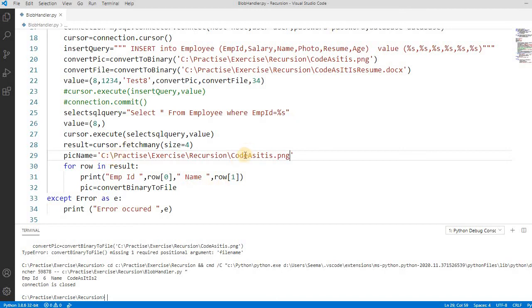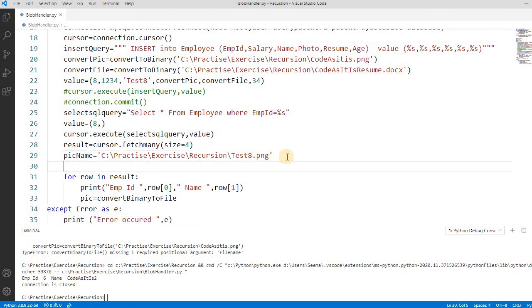Let's change the name, test 8.png, and then you can say something like resume name. Let's copy this, and we have to say something like test 8 resume. We can change the names according to our needs.